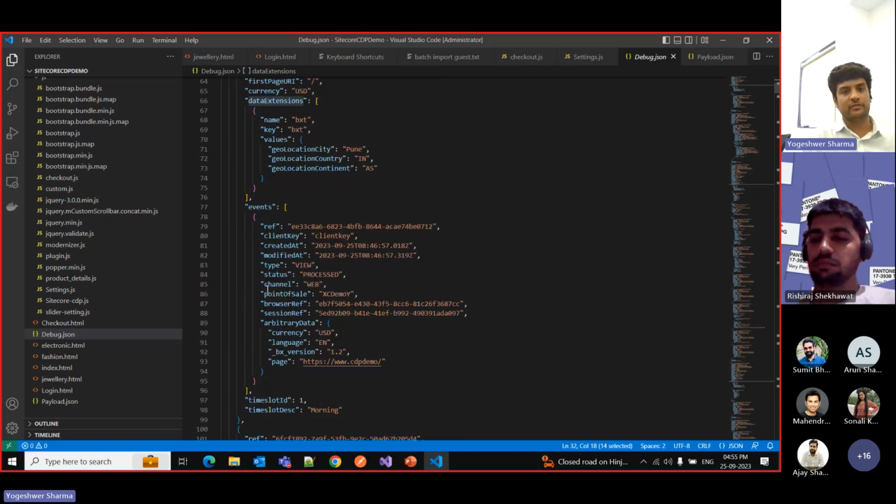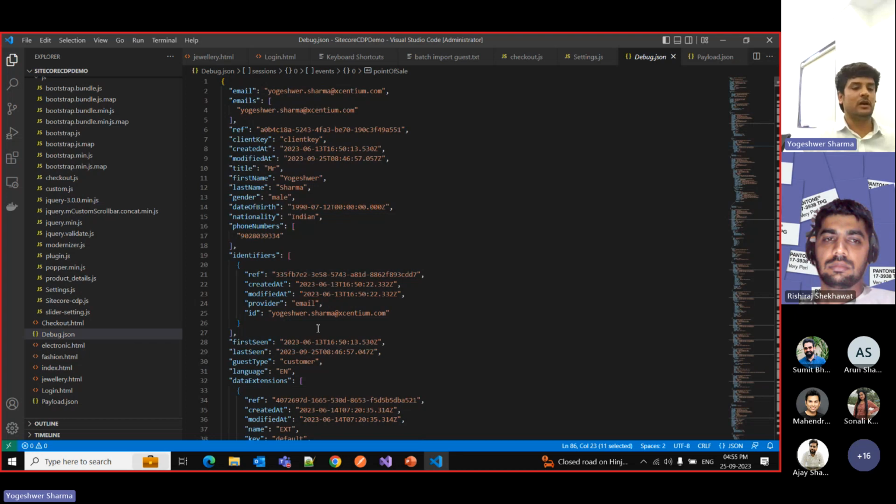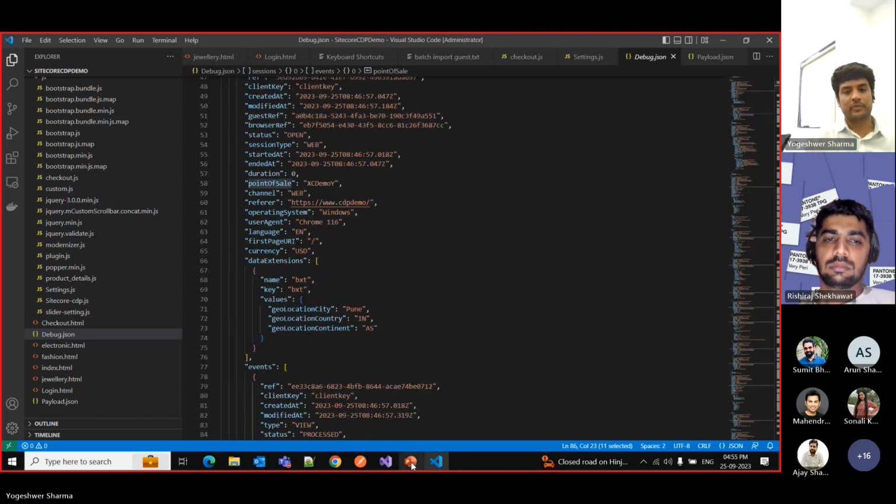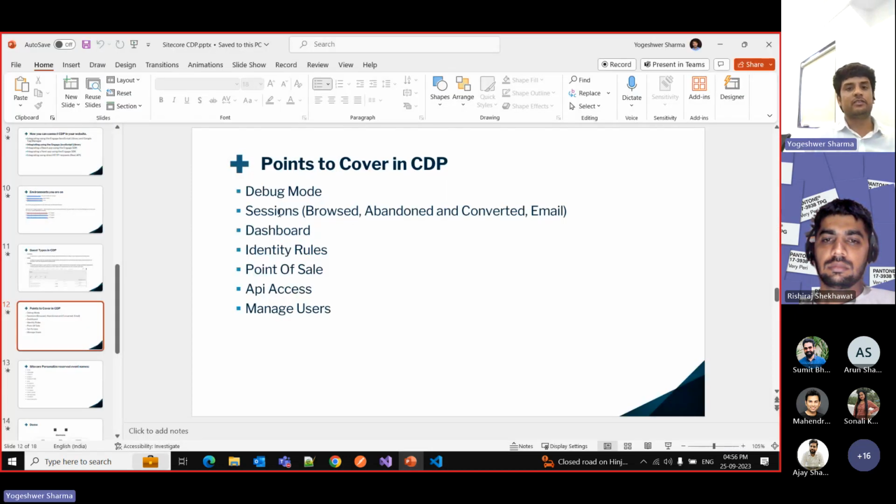Basically, if the event or session gets abandoned at any time, then you can track that down with this information. It shows each and every event status here. Channel information, the point of sale information. So this kind of information you can identify as a developer with the help of the debug mode. The next point is sessions,